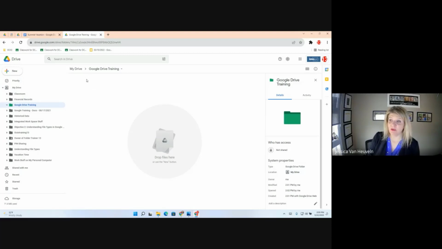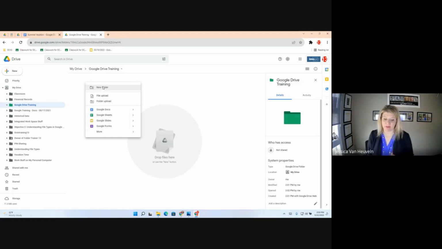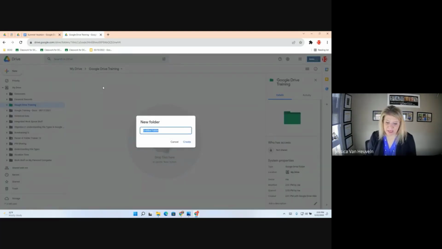Then I'm going to either go to New and create a folder, or guess what I'm going to do? I'm going to right click, and it kind of helps me realize that I'm inside that space, right? It makes me feel better because I can see My Drive, Google Drive. I right click in that space, just makes me feel like I'm in the right area, and I'll right click and choose New Folder. I'm going to go ahead and create a folder, and I'm going to call it